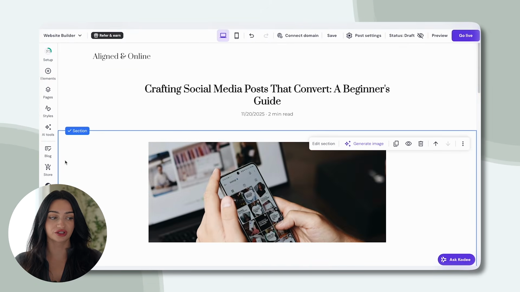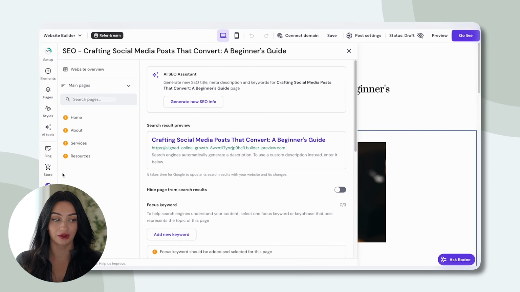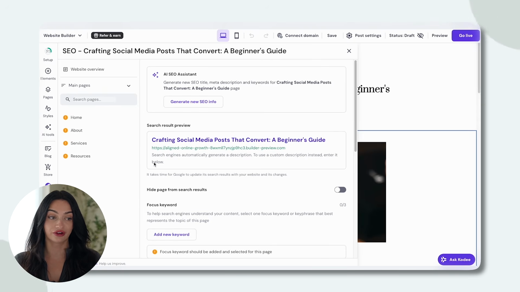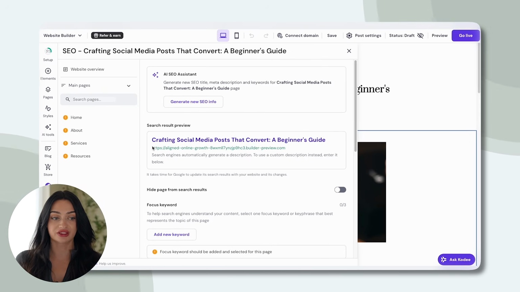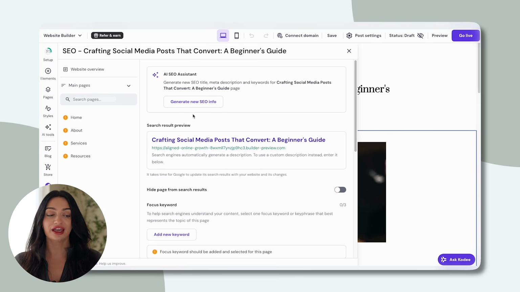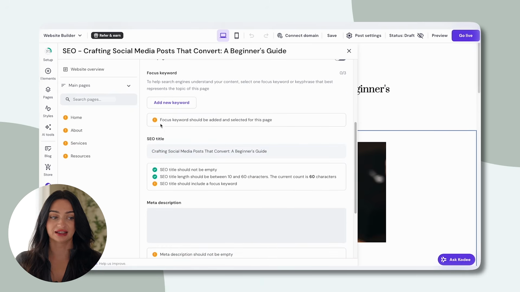You can go over here to the left side and hit SEO as well. This will show you what it's going to look like from Google, crafting social media posts that convert, a beginner's guide that looks really great. You can also use the AI assist to generate new SEO info if you want it to be more specific. It also is going to give you this thing that lets you know when things need to be edited to make the SEO better. SEO is a really great strategy when you're selling online or when you're doing affiliate marketing,